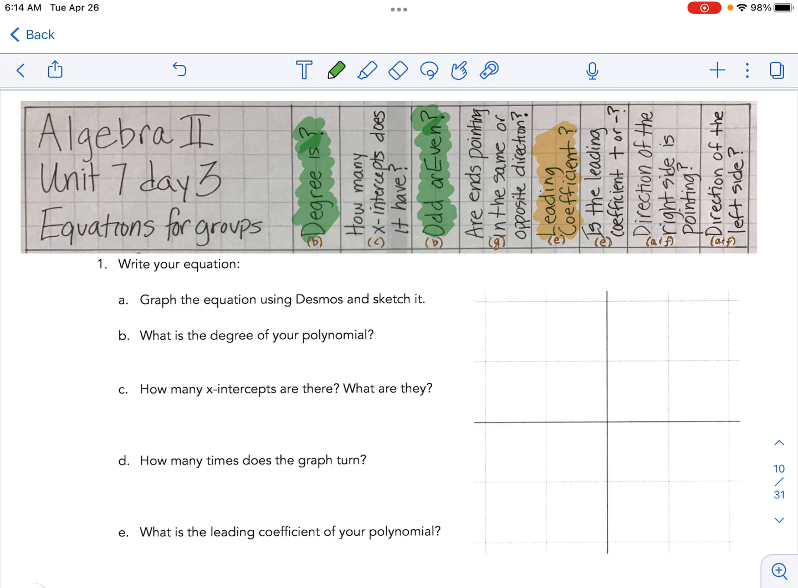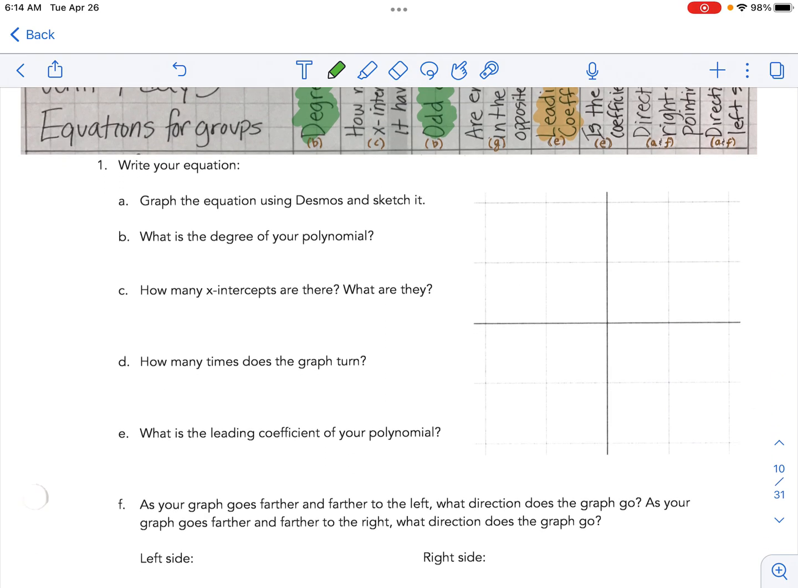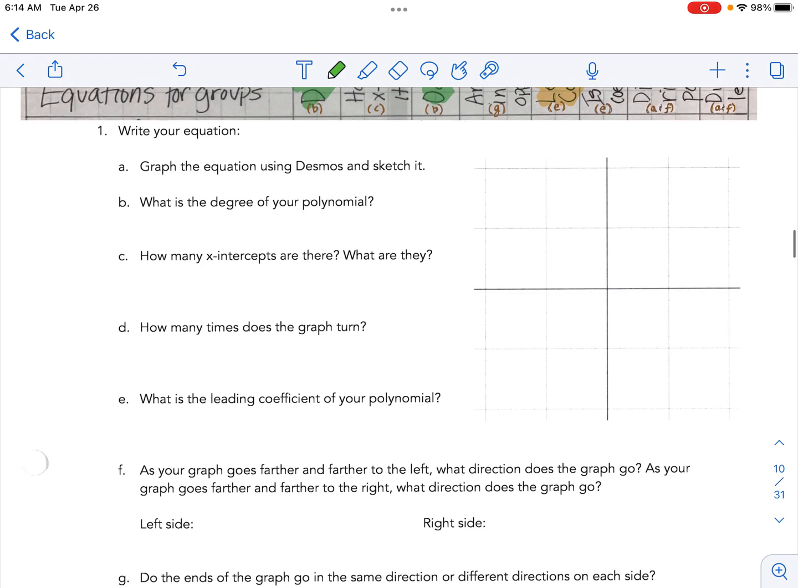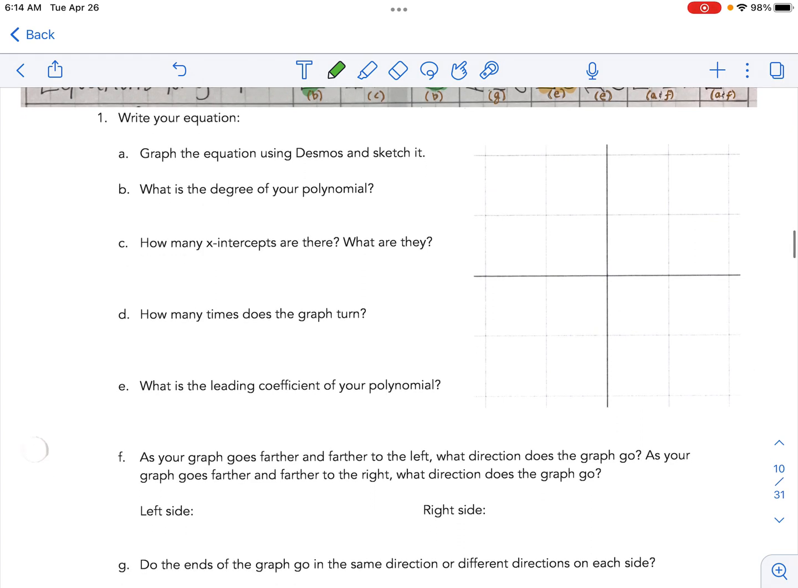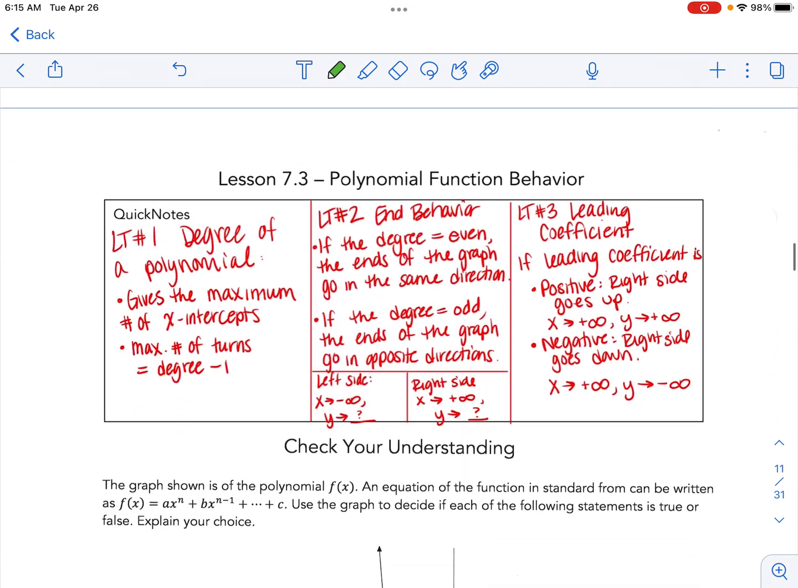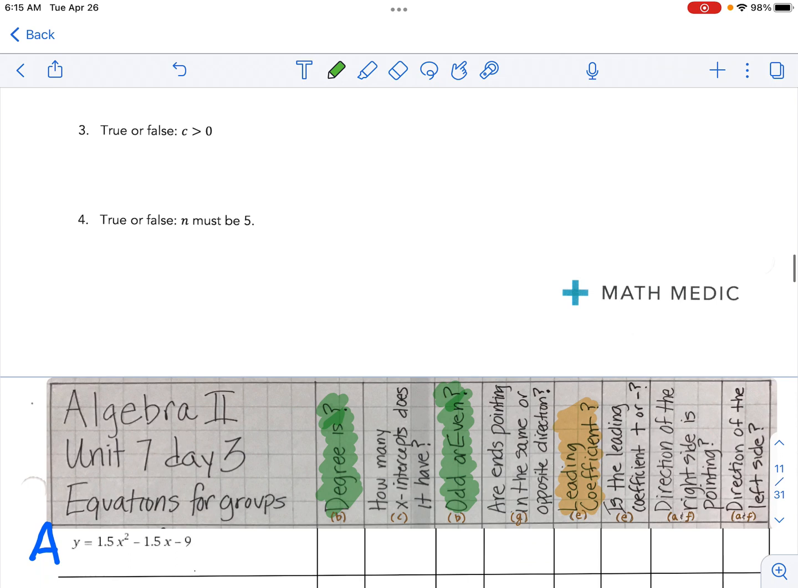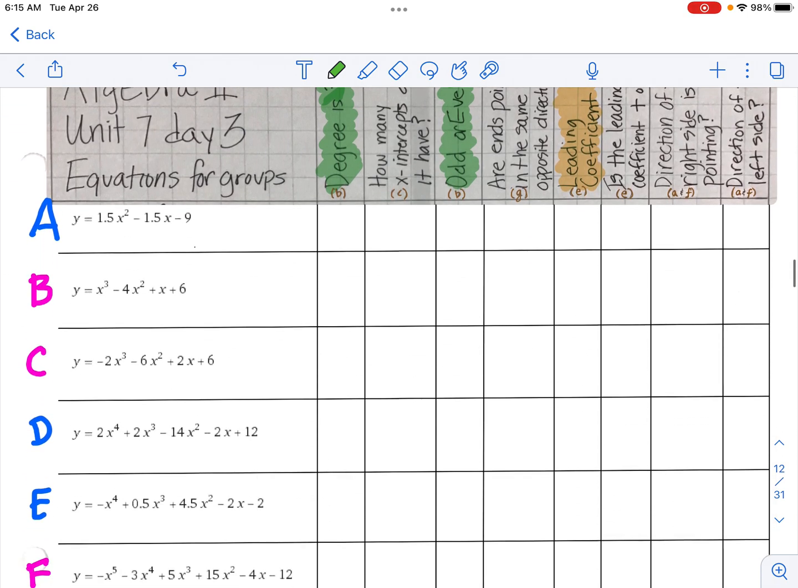general conclusions. So if we look at question 1 here, it says write your equations. So if you scroll down 2 pages in your notes, you're going to see 8 equations, and let's just pick one and do one together here, and then you're going to have to do the remaining ones. So I am going to pick,